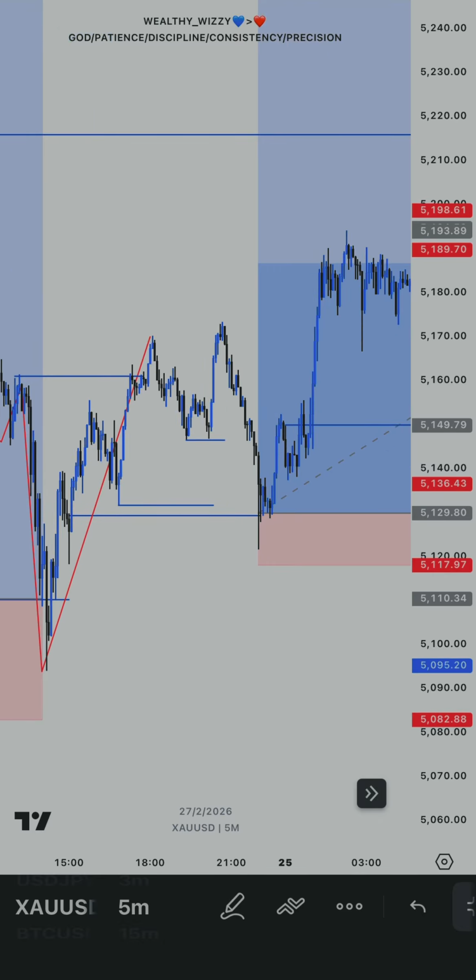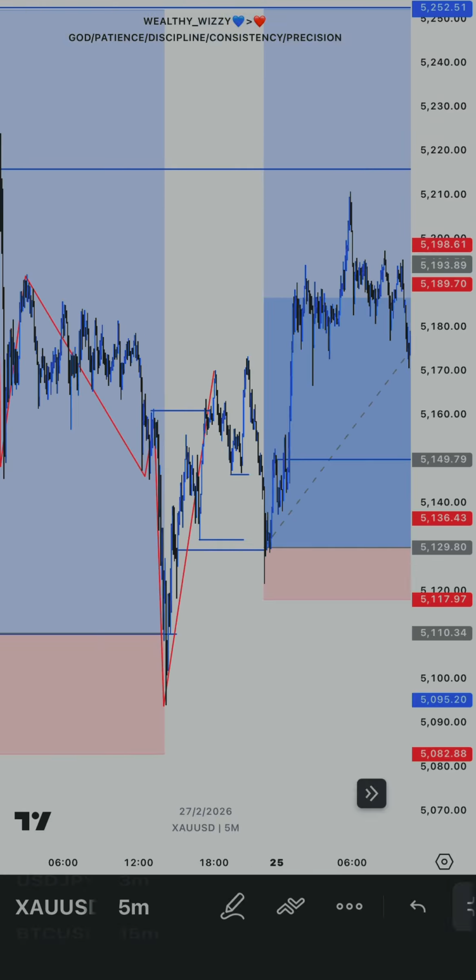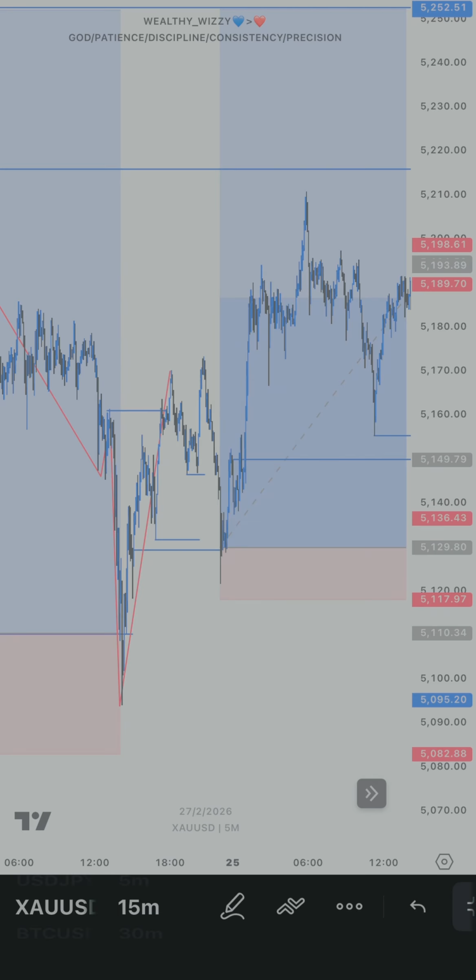Now you place your trade. I place my trade from there. You can place your stop loss wherever you want, but I always put my stop loss below the candle. So that's for this second entry. Then for the third entry,